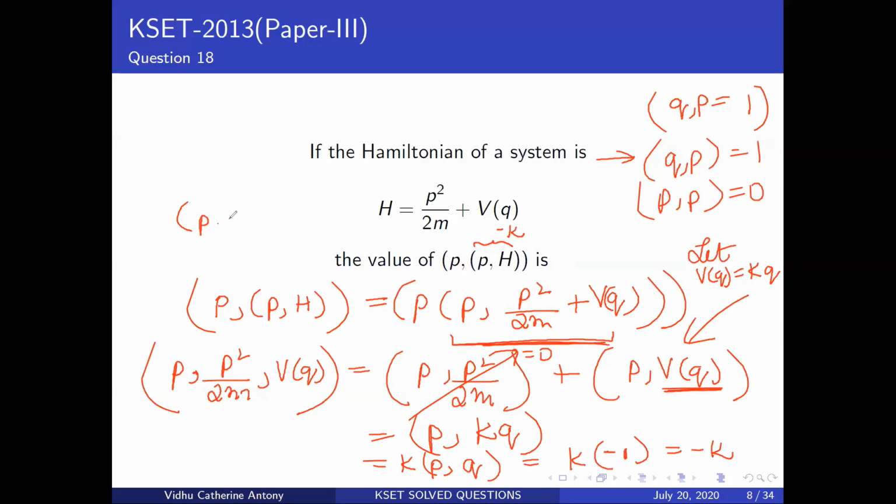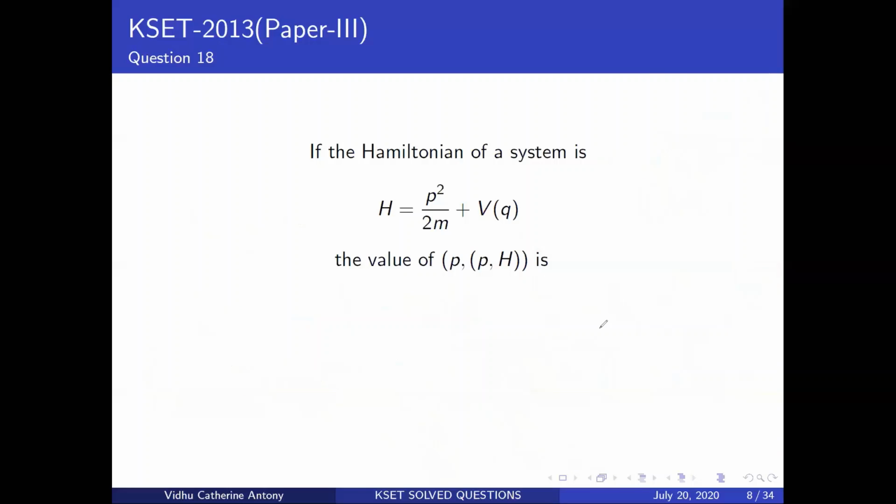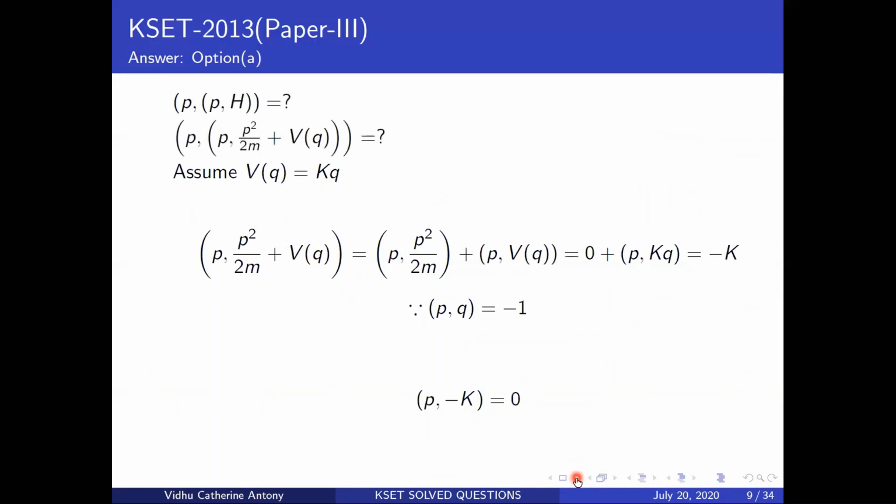Now I need to calculate what is {p, -k}. That should give me a 0 because this value is a constant, right? So let's calculate that out. I just erase all of this and will move on to the next slide. So is it always 0, always 1, 0 when i is not equal to j, all that? Same thing again. You get option A. Okay, so you end up getting 0. So it's always 0.